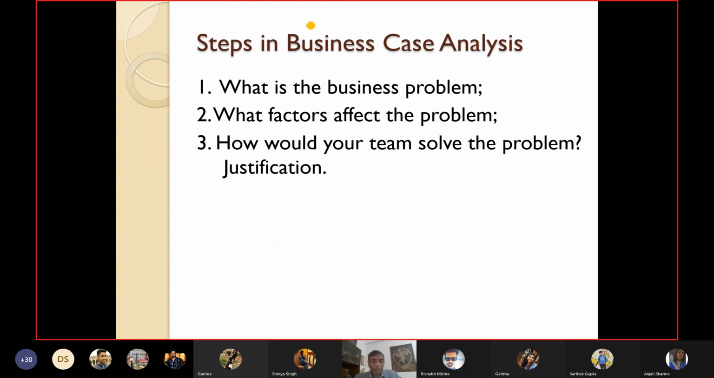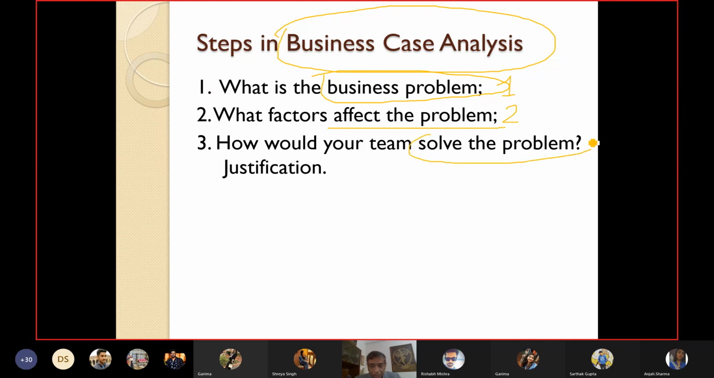Now, the steps of business case analysis, ladies and gentlemen, there are three steps. Firstly, what is the problem? What is the problem in the first place? What factors affect the problem? So, A, the problem, the factors causing it. How would your team solve the problem? That's a case. Like today, for example,